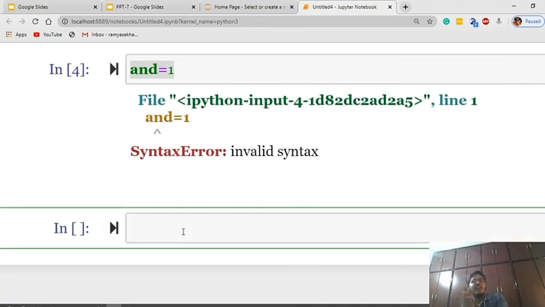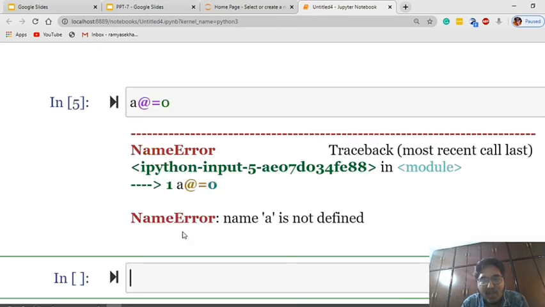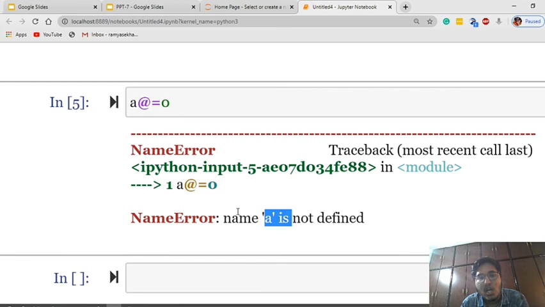A variable should not contain special characters. Let us try a exclamation equal to, a at the rate equal to 0. Is it valid or invalid? It is invalid because of the special symbol. We should not have any special symbols, that is why we are getting an error.